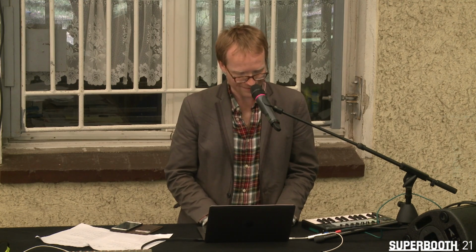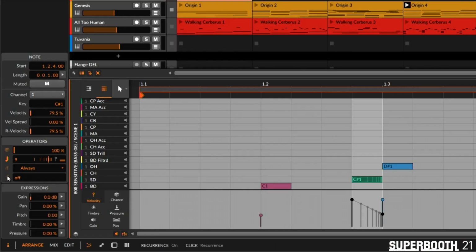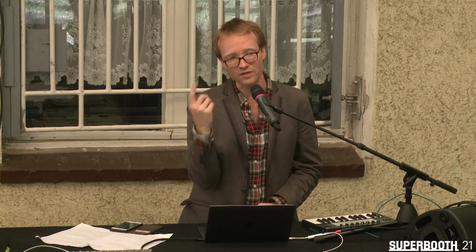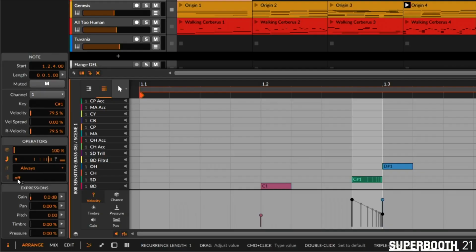So I'm going to go ahead and take a second operator here. This bottom one with the repeat sign is recurrence. How often do I actually want this to play? So now I'm going to be counting how many times the loop actually cycles and deciding on which of those events do I actually have it trigger something or not. So here just be, the first, the second, the third. I could go up to 8 and then program in each of 8 loops whether this individual note or piece of audio plays or not. Let's keep it simple. I'm going to go with 3. So we should hear it the first time and not the second 2 times.